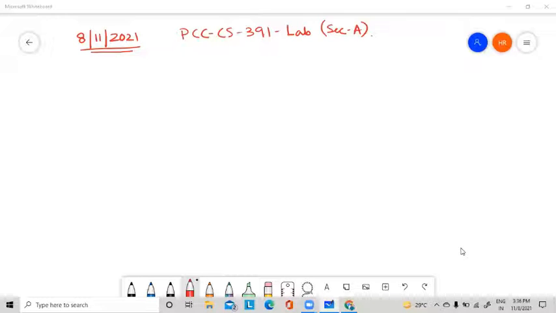Let's start. So today we are going to discuss another sorting technique. We have already covered bubble sort, selection sort, insertion sort, then quick sort, one of the divide and conquer algorithms we have used. Now another divide and conquer algorithm based sort is merge sort. Merge sort also has its own importance.